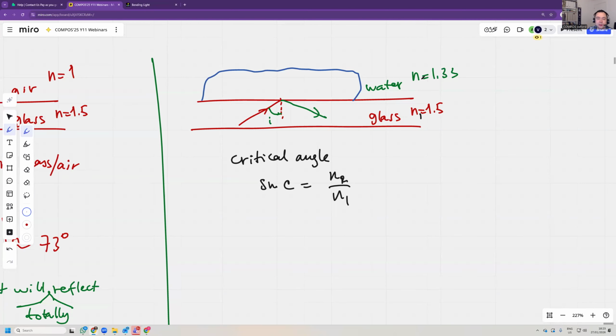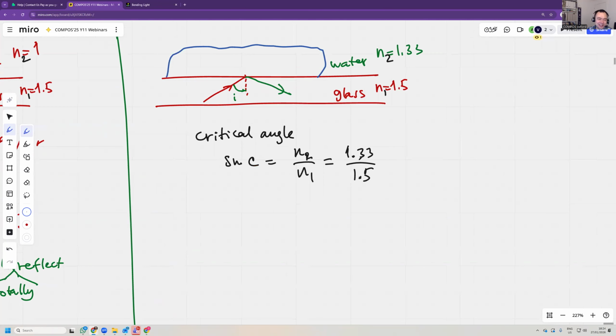This is n1 and this is n2. You don't have to remember which one's which. It's always the smaller one on top. The critical angle doesn't make any sense if you go the other way around. So the smaller one on top. Now, C is arc sine of 1.33 over 1.5, and that is